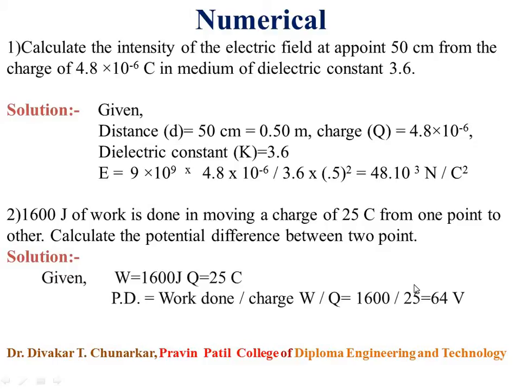The examples of conductors, insulator and semiconductor, and whether forbidden energy gap is present or not in those parameters, conductor, insulator and semiconductor. After that, PN junction diode in forward bias and PN junction diode in reverse bias. So students, in this way I completed this second chapter, electricity and magnetism and semiconductor.